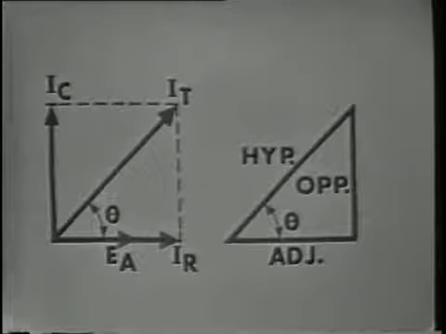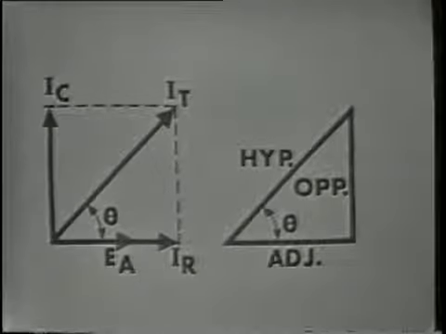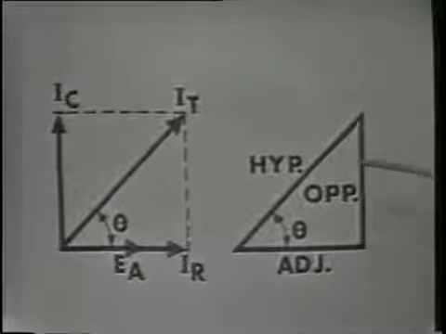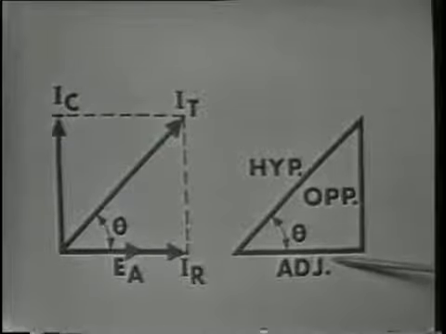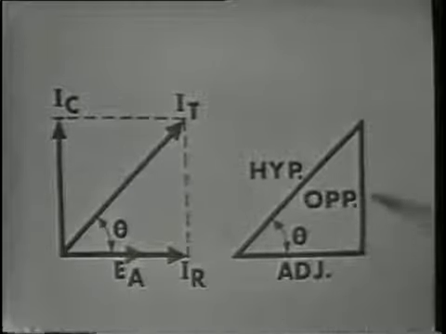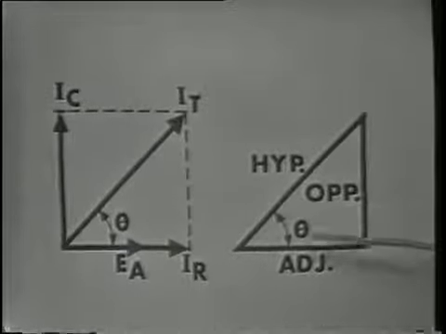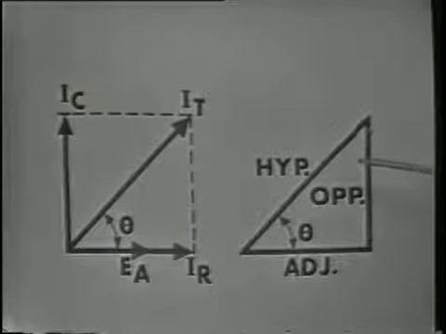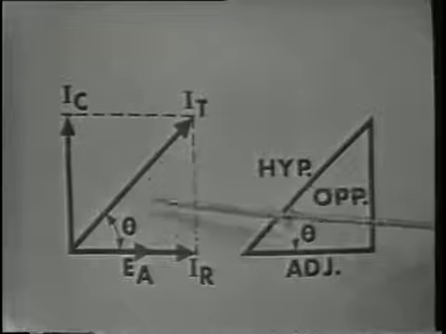And we can see that IR is the same as the adjacent side of this triangle. IR compares to the adjacent side. IC compares to the opposite side. And IT would equal the hypotenuse of the triangle. Now, since the vectors of the circuit